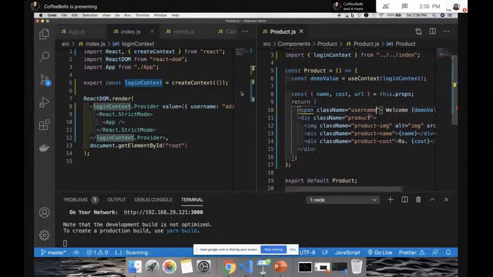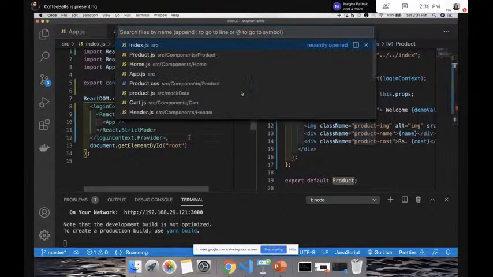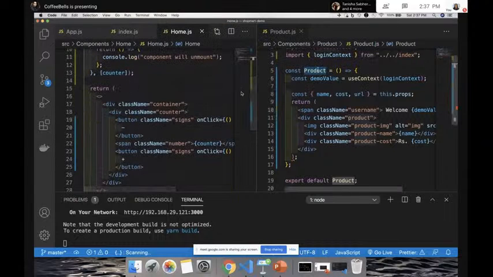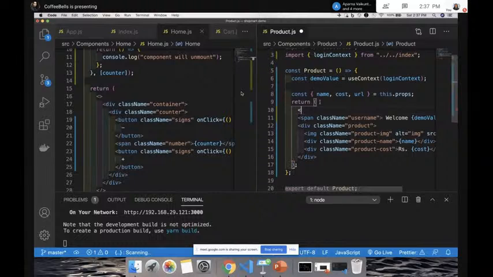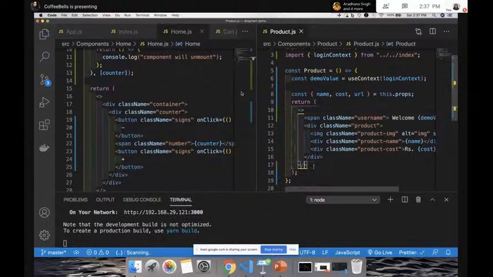And what's left? This product has to be called somewhere, right? Right now I'm not using this product component anywhere. So I'll go to the home page that we just saw on the screen. I will import this product and we need to wrap this. We have to return one component. I'm using a React fragment here to wrap these two components. We can't return two, we have to return one whole component. You can actually write a div here instead of using a fragment, but we can use a fragment, so I think we can experiment with this as well.